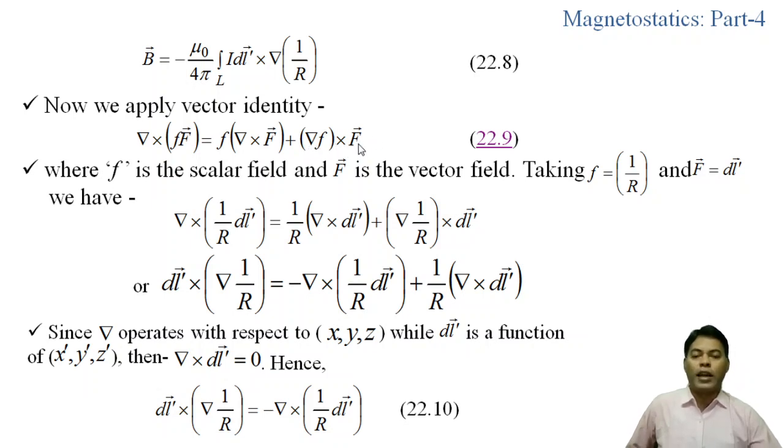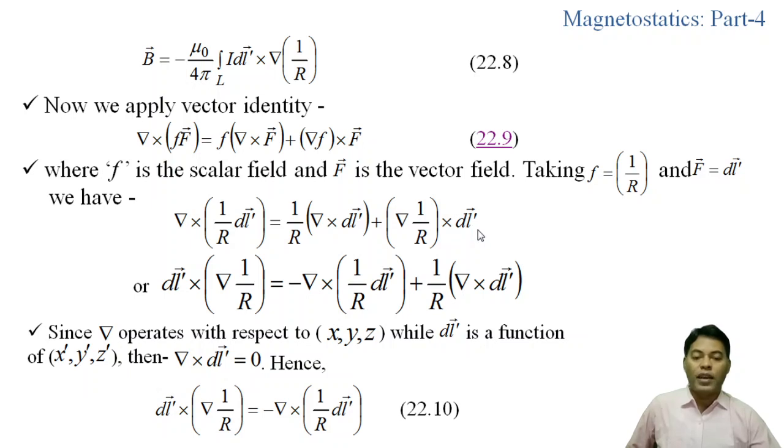Now if we consider this small f as a scalar quantity, that means 1 by r, capital R, and this capital F is equal to dl prime, then putting this 1 by r and dl prime in expression 22.9, we have grad cross, where small f is replaced by 1 by r and capital F is replaced by dl prime. So this is equal to 1 by r into grad cross dl prime plus grad into 1 by r cross